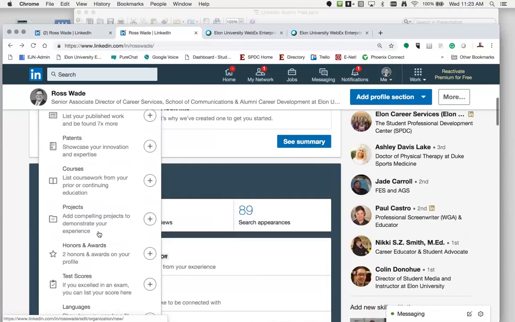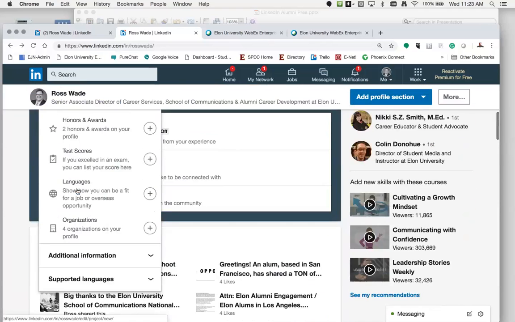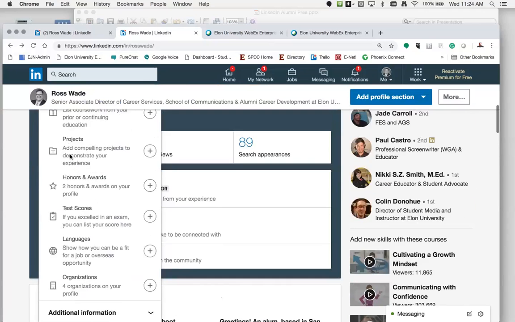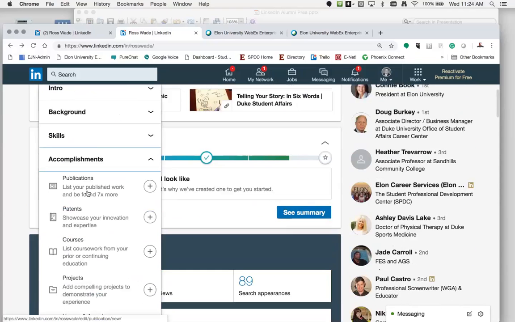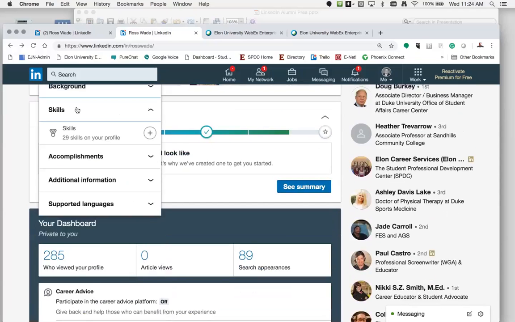And so really, as you're looking through this, go in and make sure that you get all of the different sections that you'll need, because again, it's a word bank and it's a branding format. So we want to be framing you for the industry that you're seeking to get into or to grow into. And so we want to speak in their language. So definitely take advantage of all of these different profile sections so that they can get all your experiences and skills. You'll see up here there's a skills section. And I'll show you that because I've got that added.